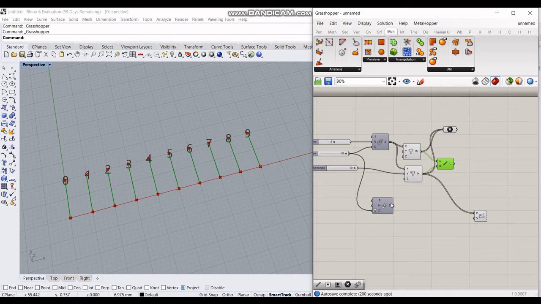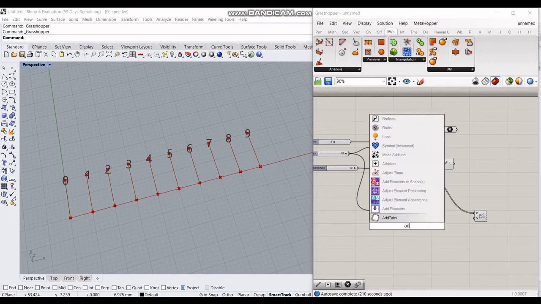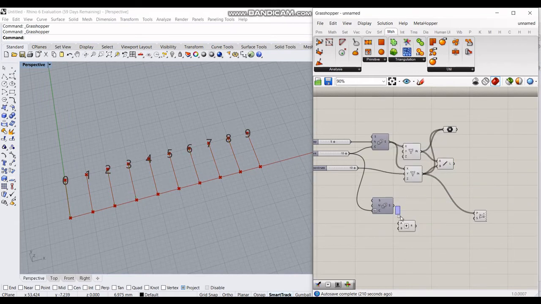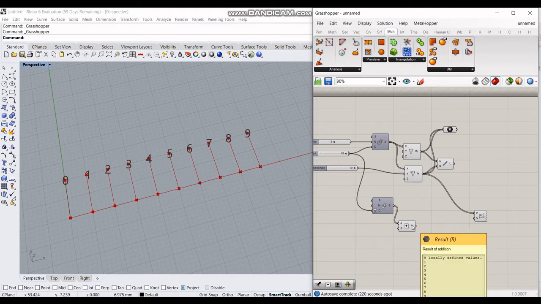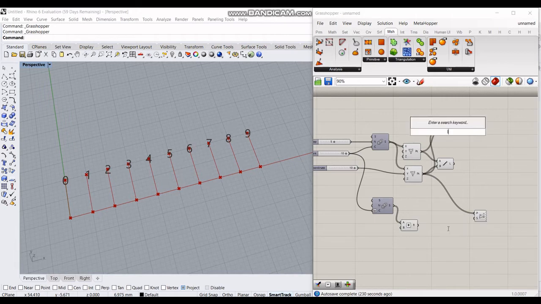So this will take it as 9, and the output is 0 to 8, which is what we required for the starting point, and the ending point should be 1 to 9. That can be achieved by directly using an addition component. We initialize the other value with 1, so we got 1 to 9 here, and that's it. We have the indices of all the starting and ending points. Now these are just the indices, so to get the points themselves, we use the list item component. So the points are the list and the indices are taken from the series.